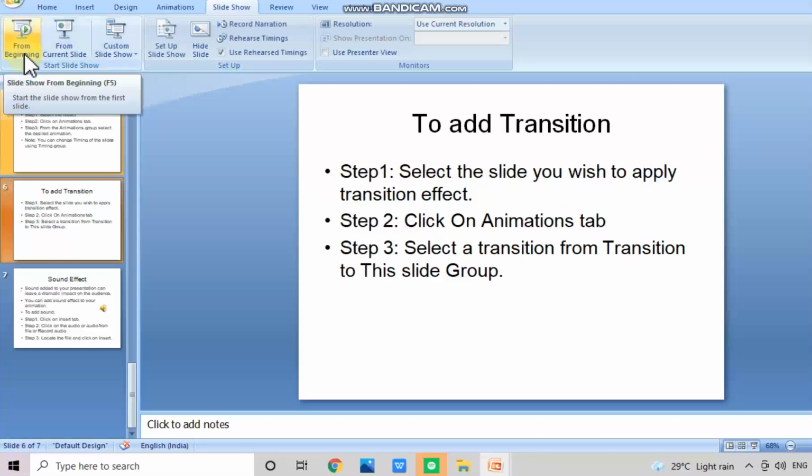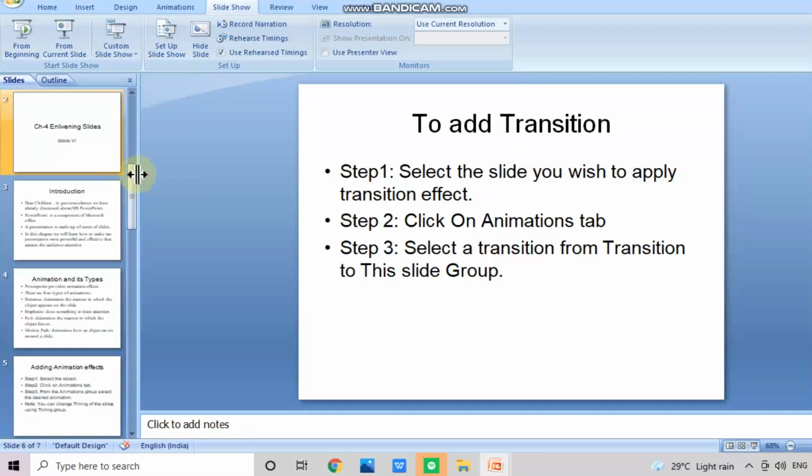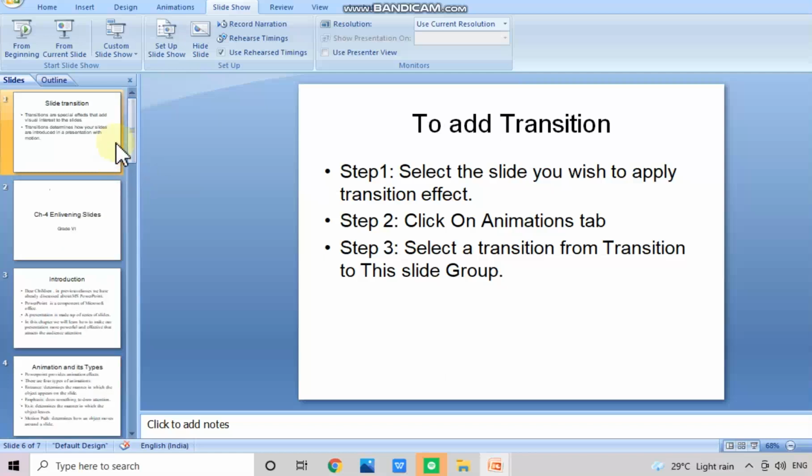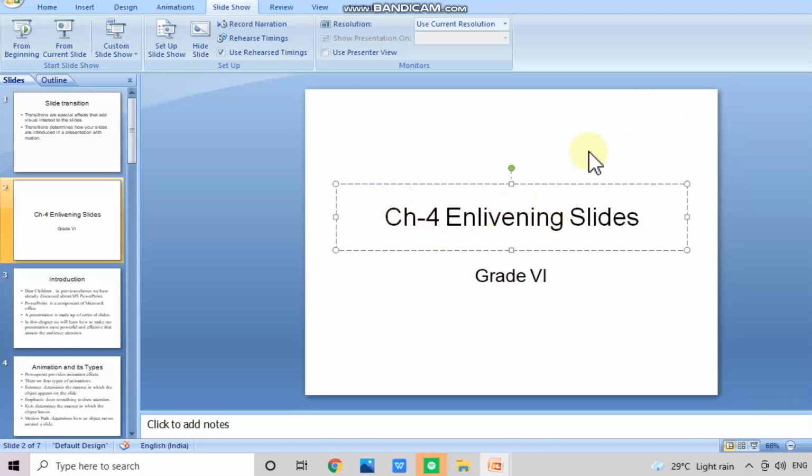As you can see, I am already there in PowerPoint. I created a presentation of this chapter. Now I am going to add some animations and transitions in this presentation. So first of all, you open the slide where you want to work. Suppose I want to give animation to the text on this slide. Now I am going to select the text. So I am going to give the animation effect to this. To give that, I need to go to the Animation tab. Can you see the Animation tab? Right.